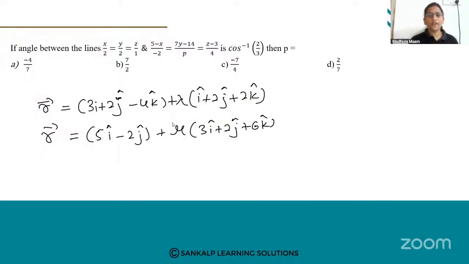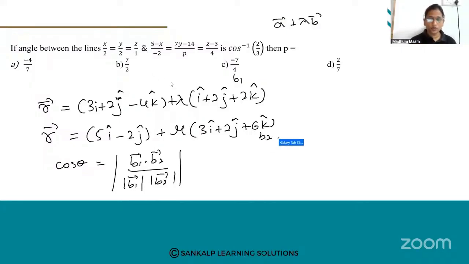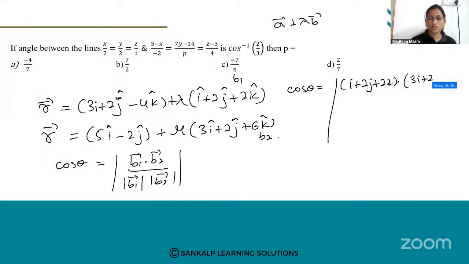Vector form. What is the formula that we know? Cos theta equals the dot product of b1 and b2 divided by magnitude of b1 into magnitude of b2. Is that correct? In place of b1, what is the standard equation of a line? a plus lambda b. So in place of b1 you have i plus 2j plus 2k, and in place of b2 you have 3i plus 2j plus 6k. So let us find cos theta equals i plus 2j plus 2k dot 3i plus 2j plus 6k